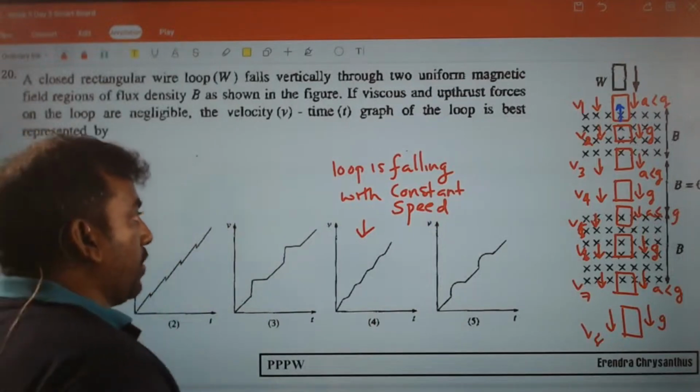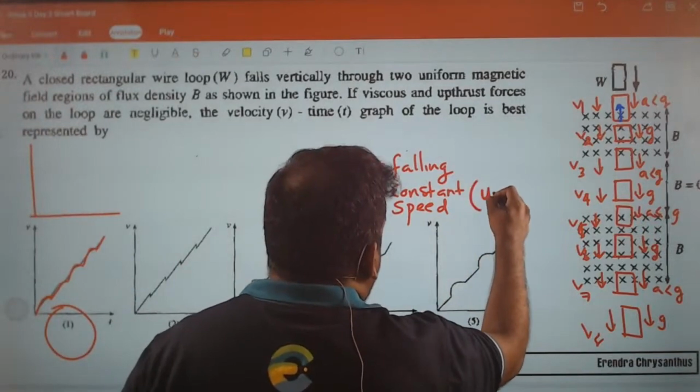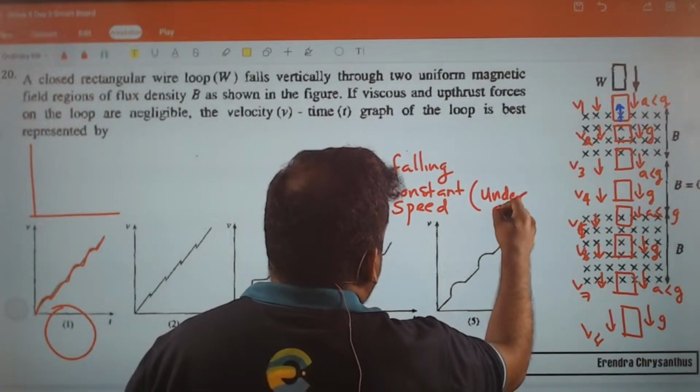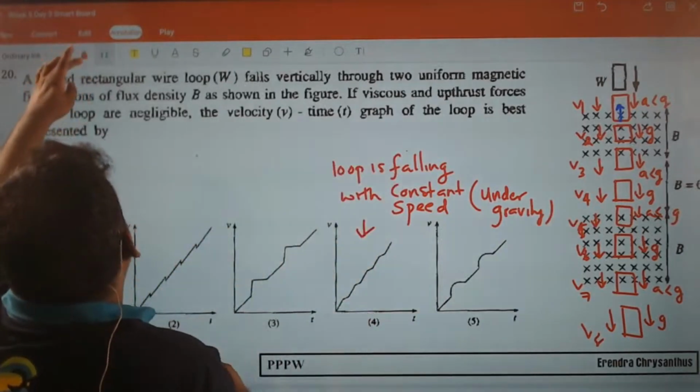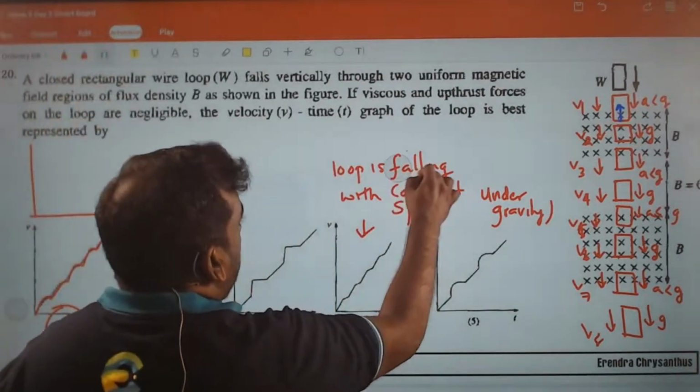Constant speed under gravity. So you can't say falling. Well, you can say this with them, without the word falling,